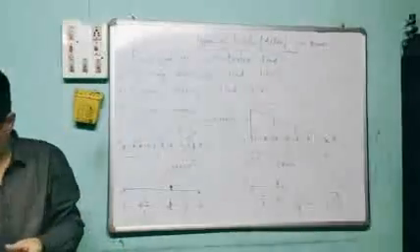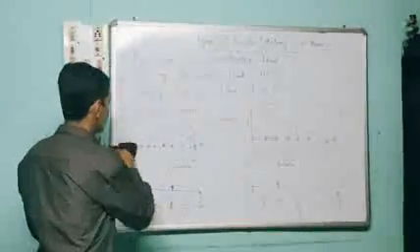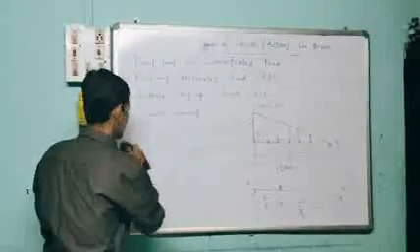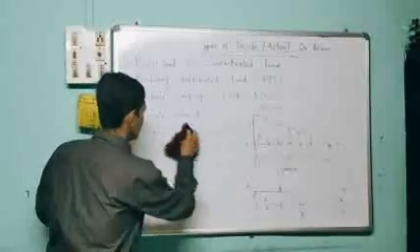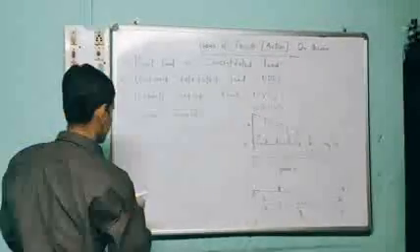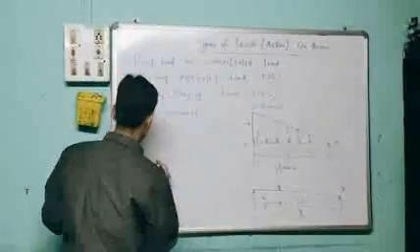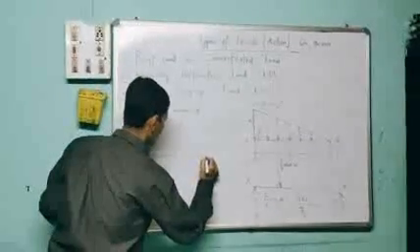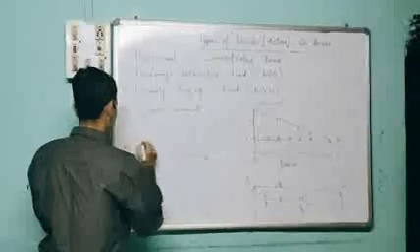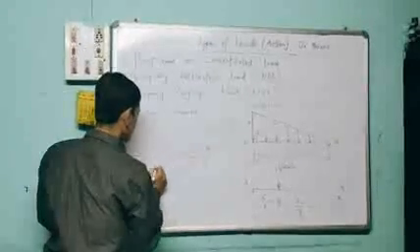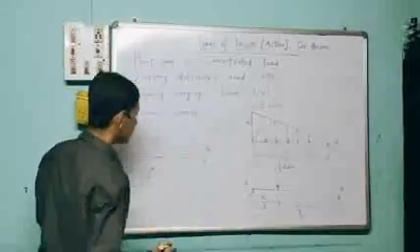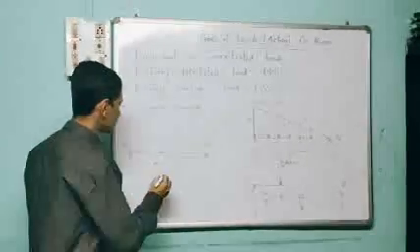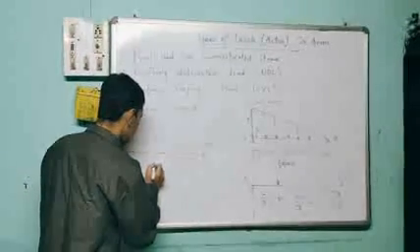And the fourth type of load applied on the beam is the couple moment, or moment of a couple. It's very simple to show the couple moment on a length of a beam. Already we studied in the last video what is moment of a couple. Moment of a couple is defined as the product of force into perpendicular distance. Once you convert force into perpendicular distance, that load is converted into a moment.